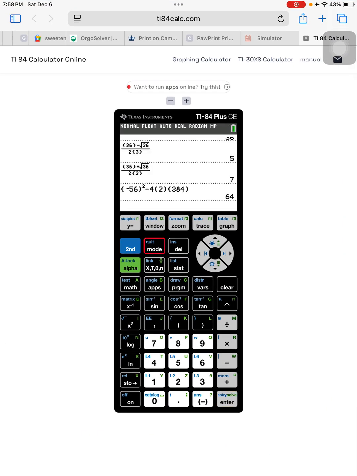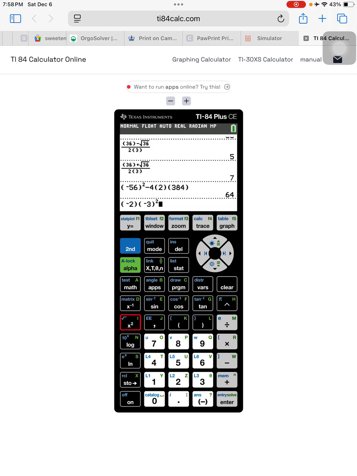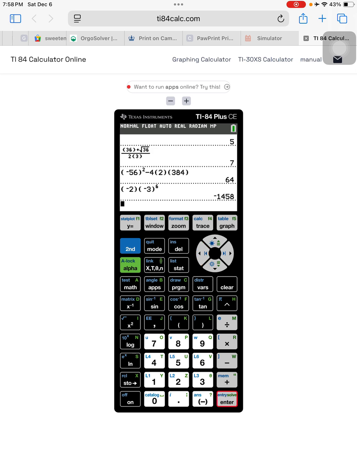Second quit, I'm going to have -2. That's my first term times -3. That's my ratio to the 6th power. The 6th power, that's what I want. Then it says so